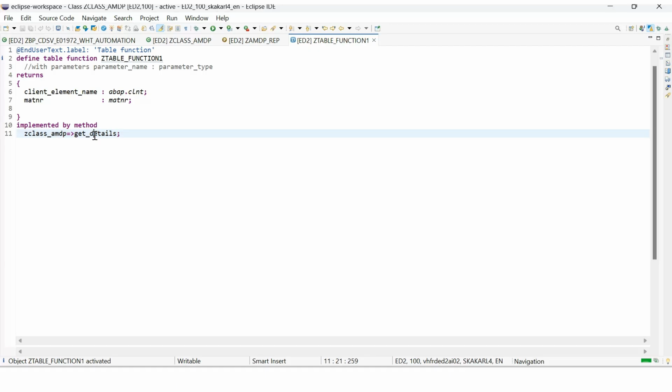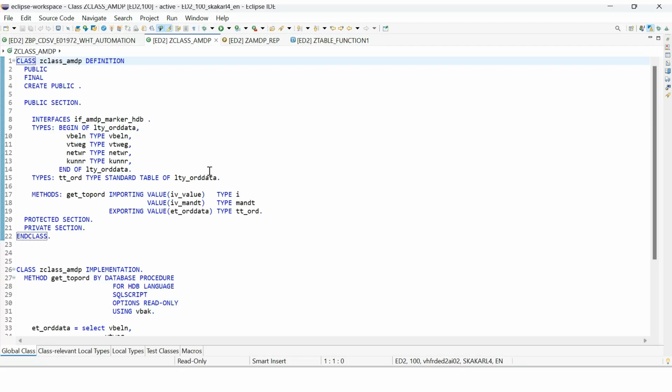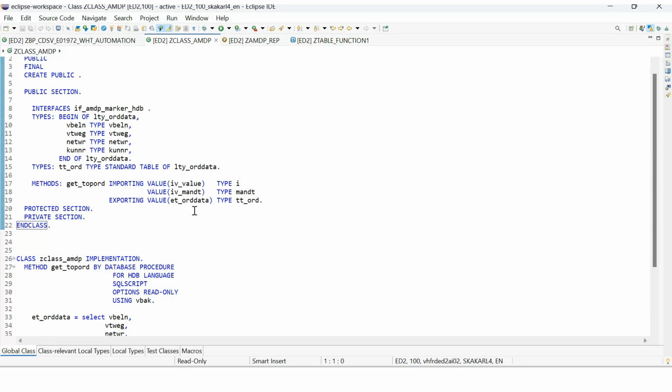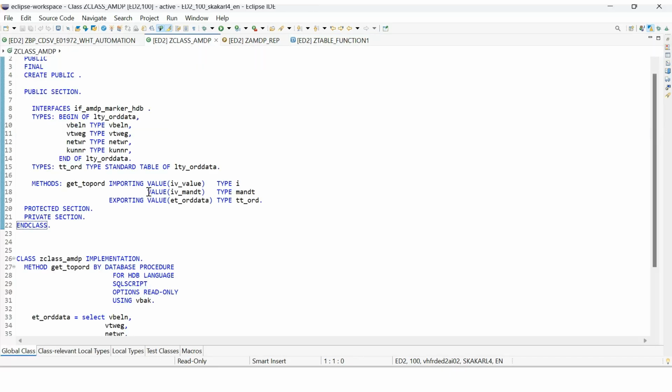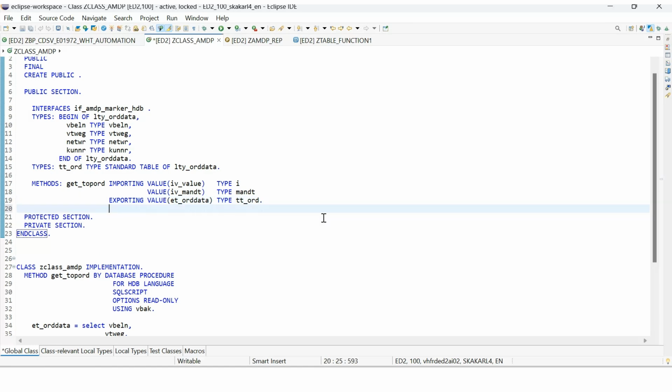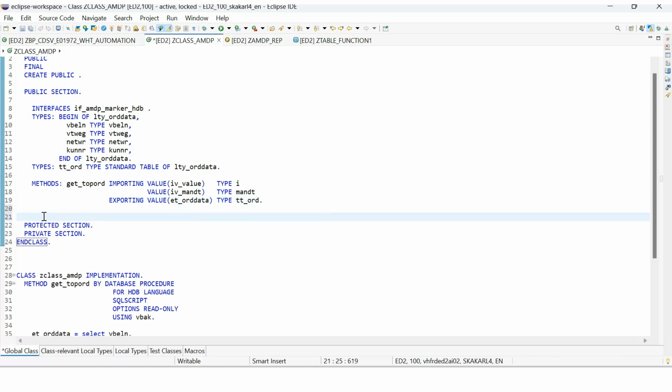Now just go here, and this is the class whatever we have created in our previous video. I want some other values also here, but let me declare it later. I will do one by one. First, I will add the method here. Try to add the method like this: get details,